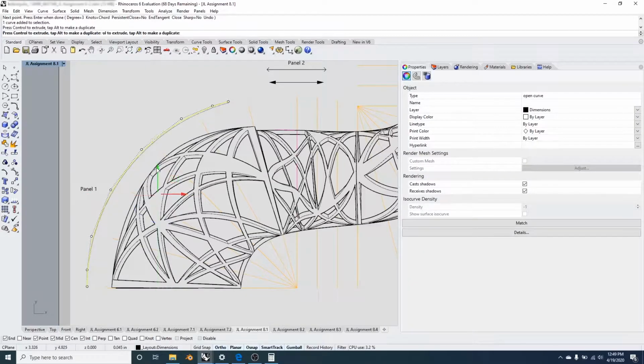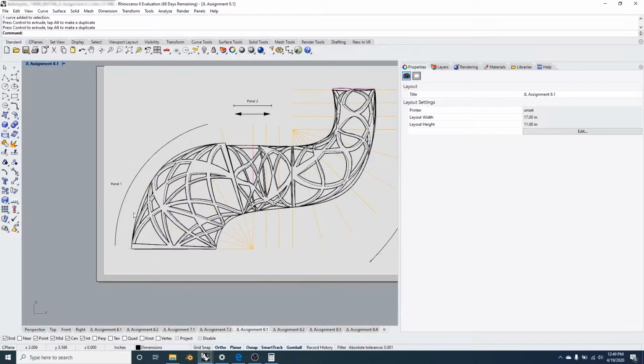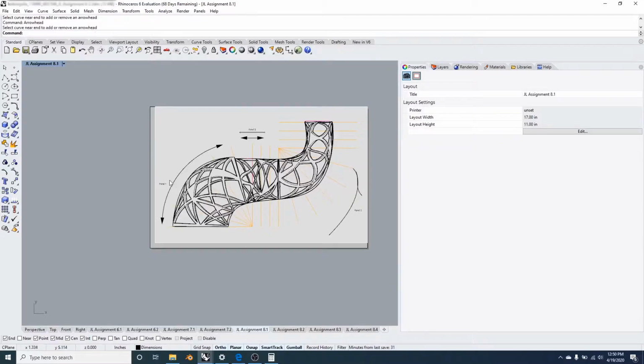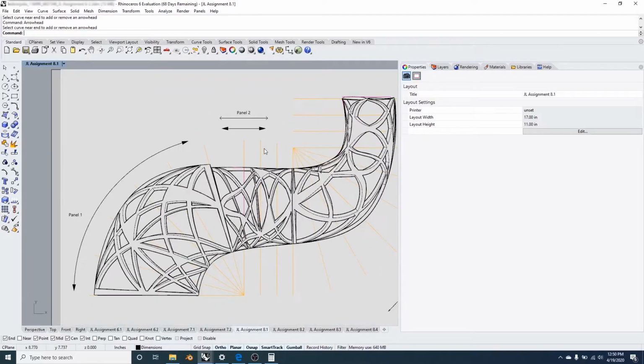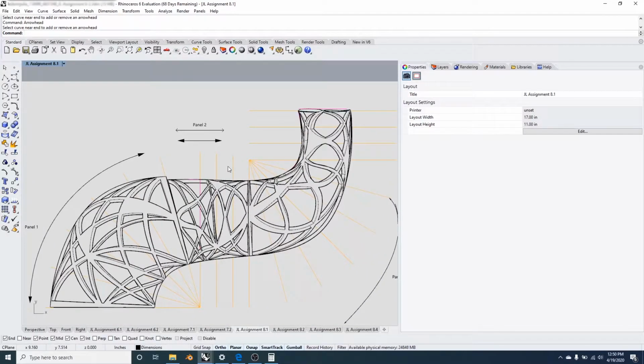We know for sure that if we trace the endpoints of those, it's going to follow the same curvature, or as close as possible to the curvature of our pavilion. And after that's done, we can just do arrowhead and pick the two sides of the line, and you should get something like that. As far as the last question that I had,